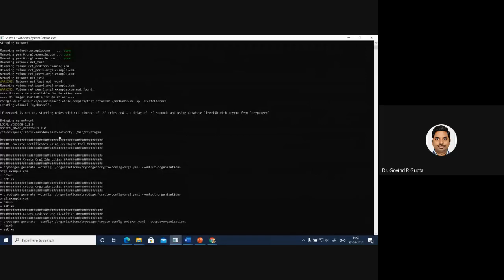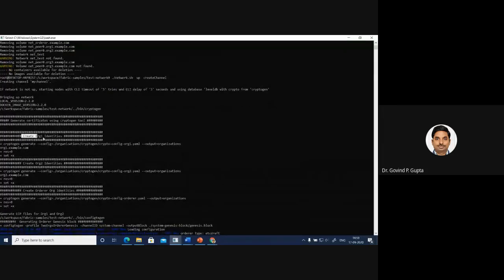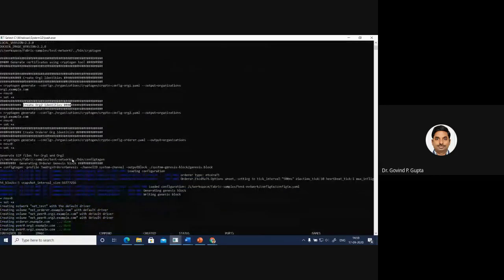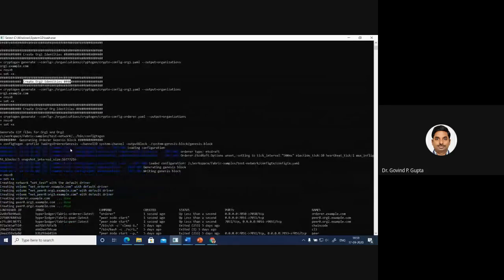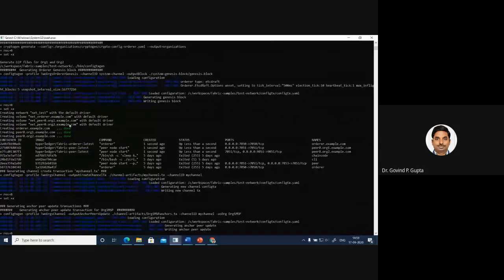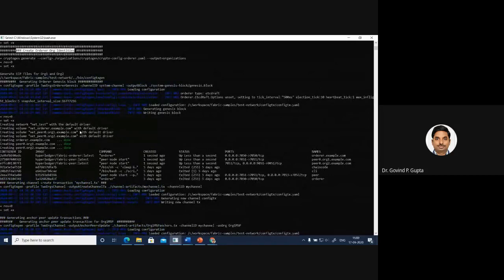First a certificate is created using the cryptogen tool, then the ORG1 and ORG2 nodes are created, and after that it creates an orderer node and sets the Genesis block.